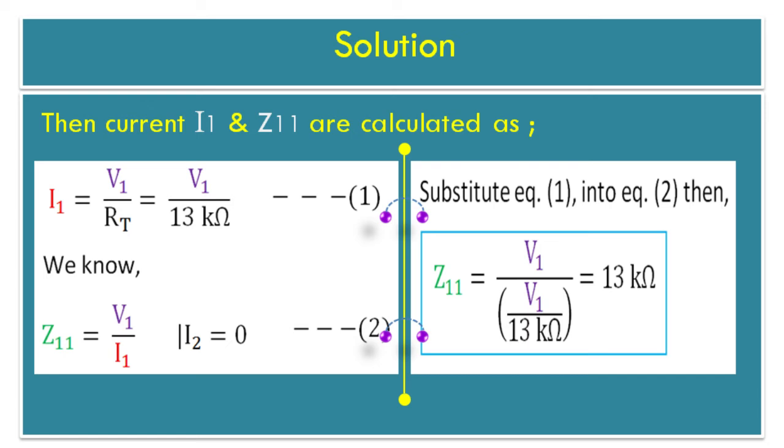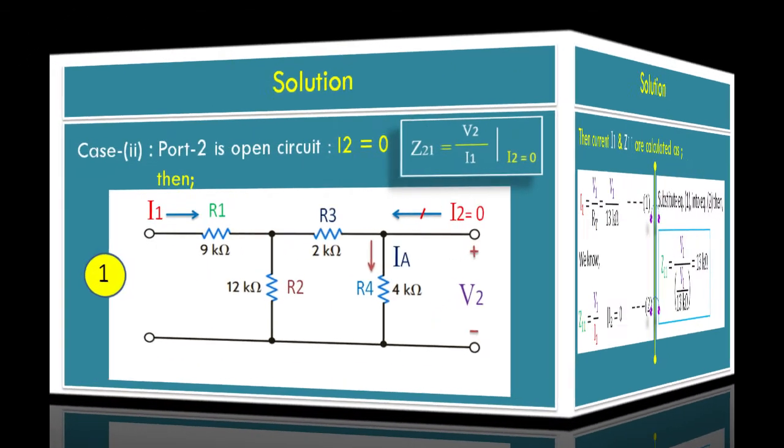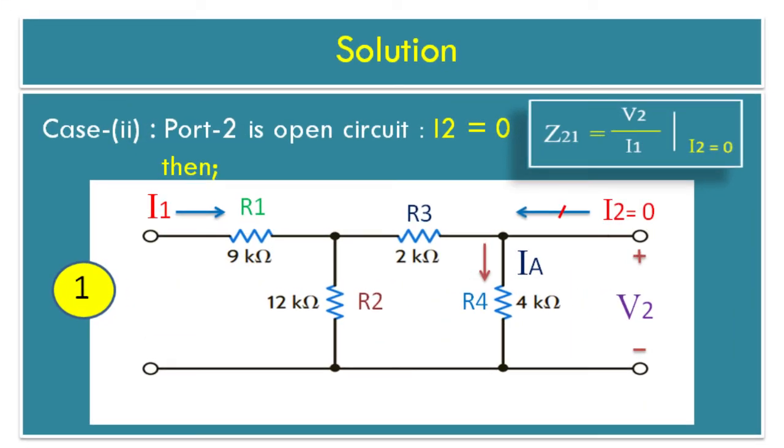Substitute equation 1 into equation 2. Then Z11 is equal to V1 upon V1 divided by 13 kilo ohm. After simplification, we get Z11 is equal to 13 kilo ohm. Solution: case 2. Here we are obtaining open circuit impedance parameter Z21 is equal to V2 upon I1 with current